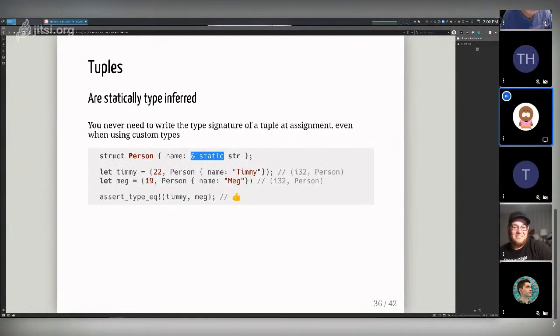Which is annoying, because there is a difference between a string literal str reference, which will always have a static lifetime, and a string reference that you get back from a String, because that doesn't have a static lifetime. Even though the types are still str reference, one refers to static data and the other one that you get from a String does not. And then you're like, what do you mean static lifetime? What is that? And you go down the rabbit hole, and it gets very complicated very quickly.